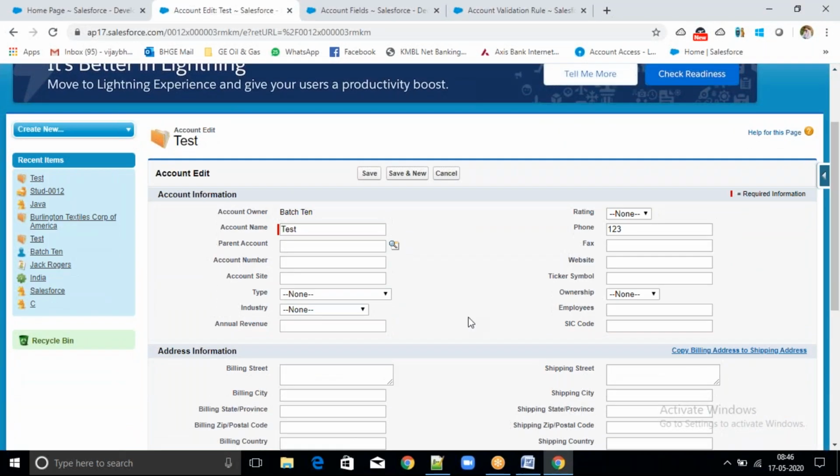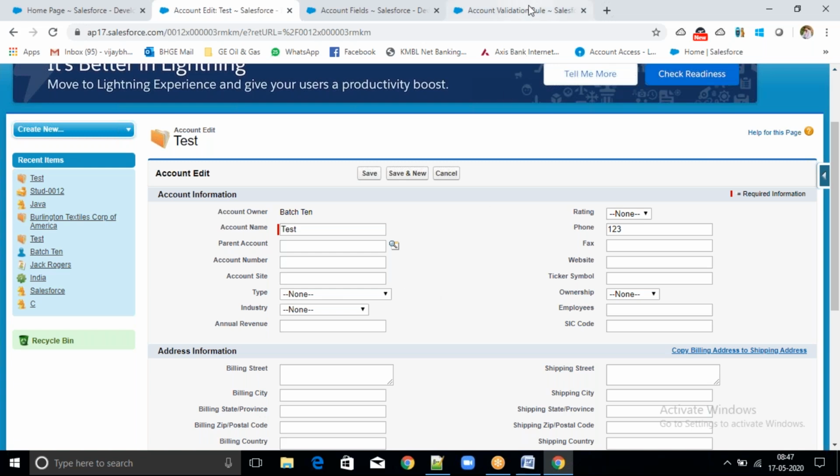Now I will try to save this one. Will it give an error or not? It will give an error. Why? Because it is a true condition in OR.